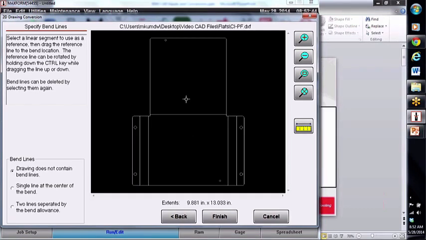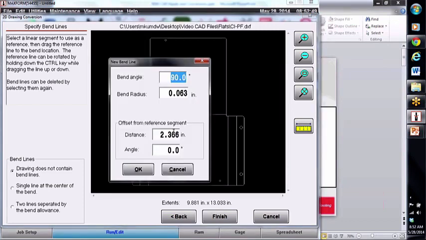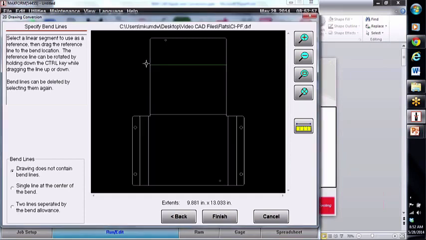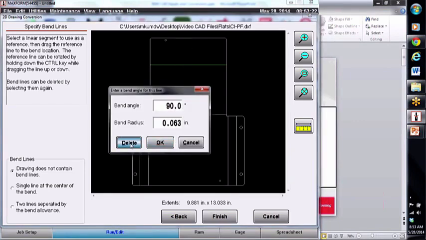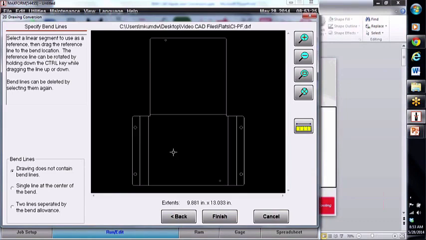What you would do is select a linear segment to use as a reference, and then you would add the bend line and the bend angle and bend radius at this point. And here is a bend line that has now been added in a place on the DXF where there was no bend line before. You also have the ability, I think you saw it in that window, to have an offset angle to turn this bend line where it's no longer parallel to the reference line that you started with. I'm going to delete this bend line here,